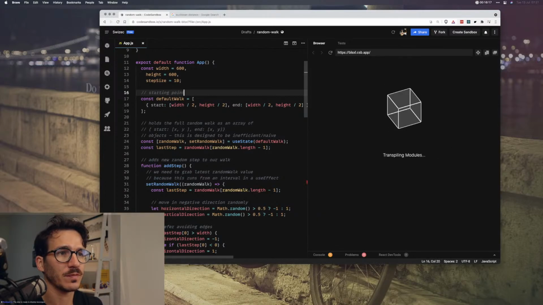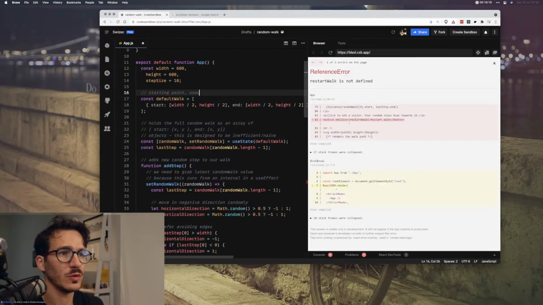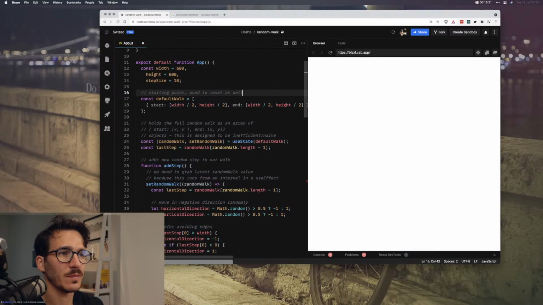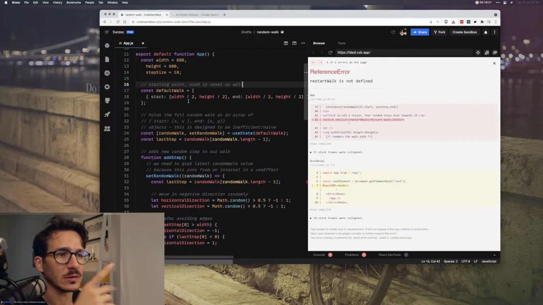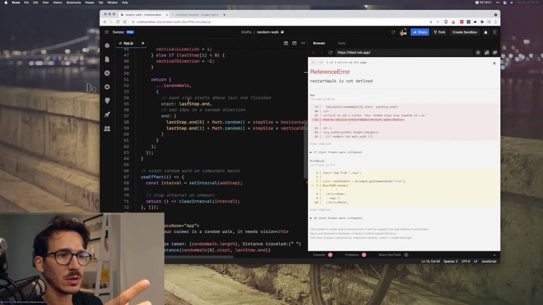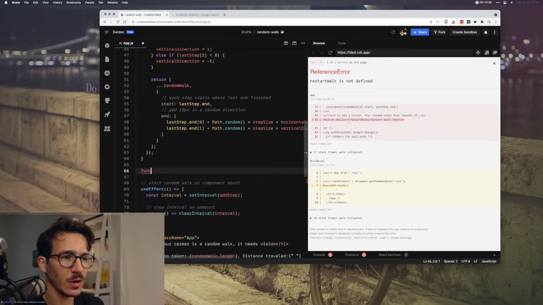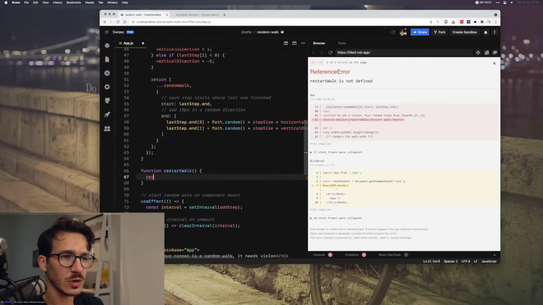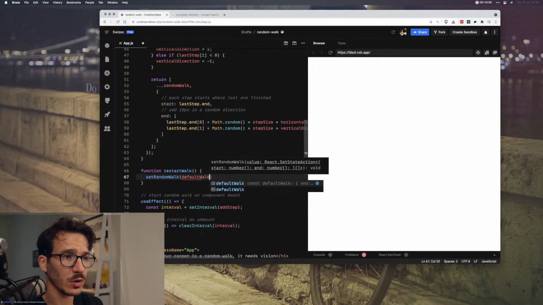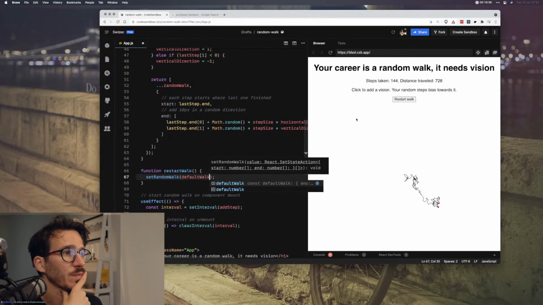Starting point used to reset as well. Okay, so here we're going to have function restart walk, which is just going to set random walk as the default walk. So we have this, and when we restart it, we go back to 0.